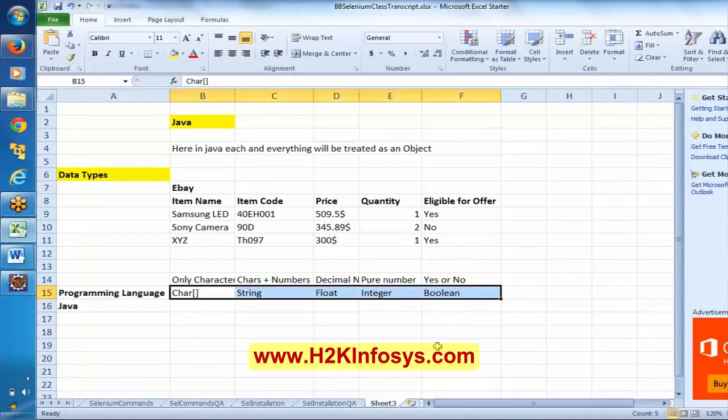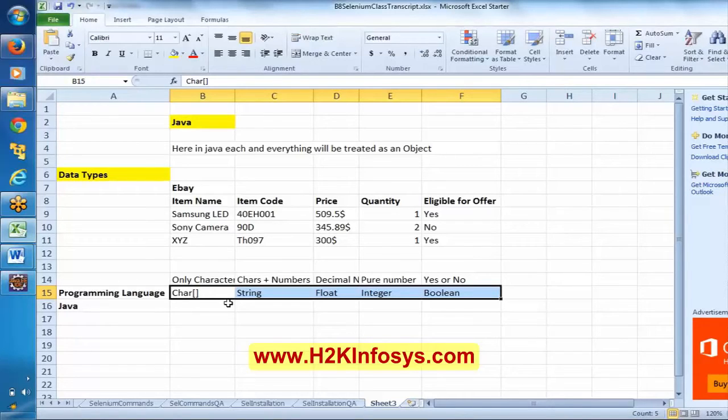Of course, I listed only a few. As I said earlier, generally in our programs we will use only a few of the data types. However, in Java there are so many data types available, like long int, double int, something like that. We don't require to know those things. For those people who are interested in learning Java too, maybe you can learn some extra information, but we don't require that. As of now, these are the different data types.